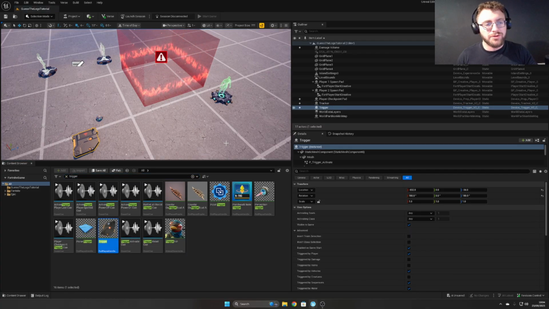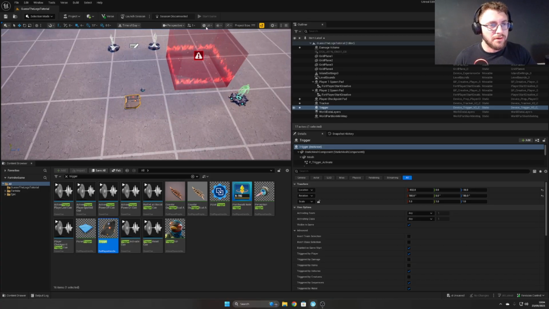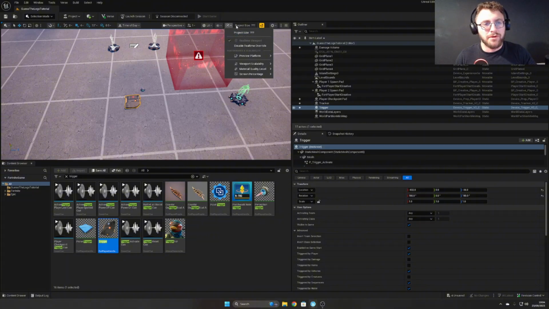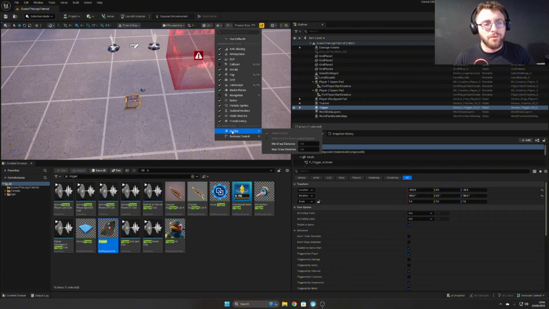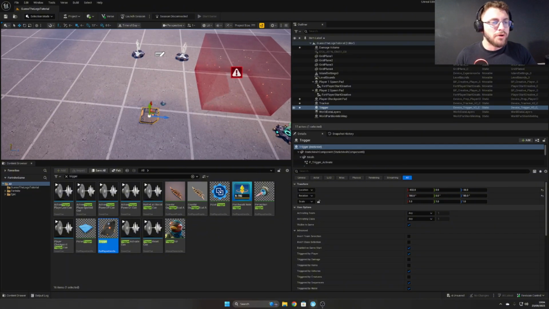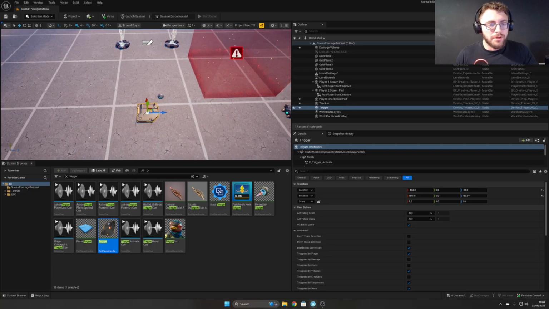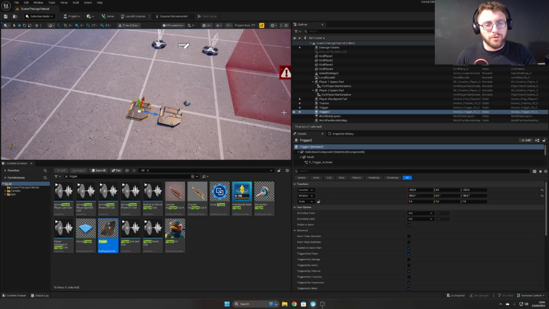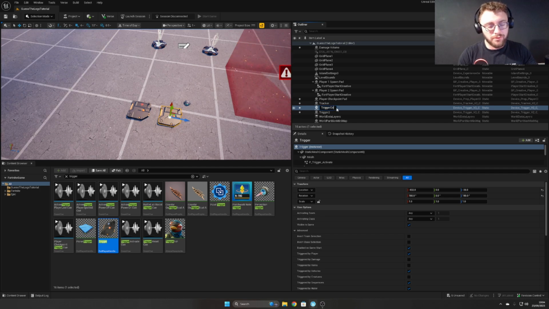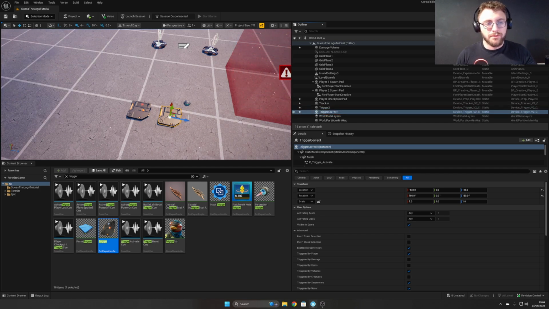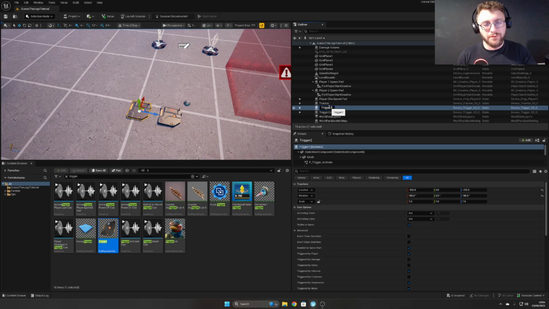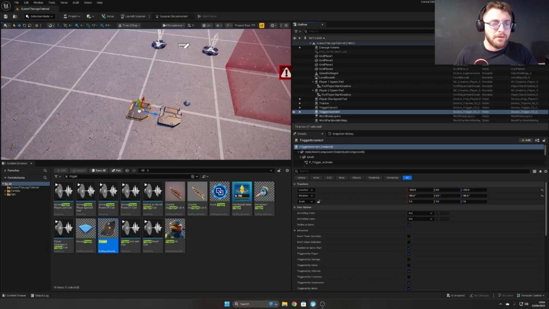You could have the trigger connected to, let's say we made 2 triggers. I can't see my arrows right now, so I'm going to go ahead and press this eyeball and then press use defaults. Cool. So I could have 2 triggers. One could say trigger correct, and the other could say trigger incorrect. What we can do here is